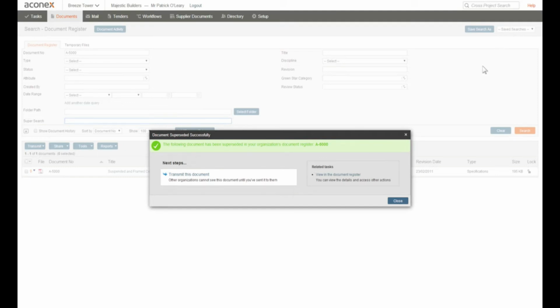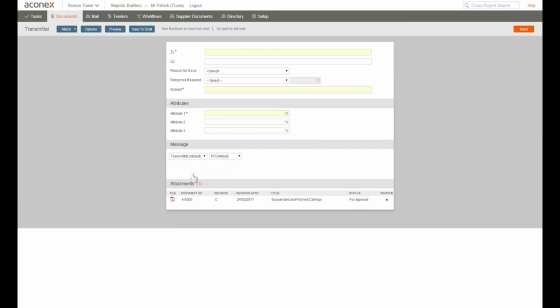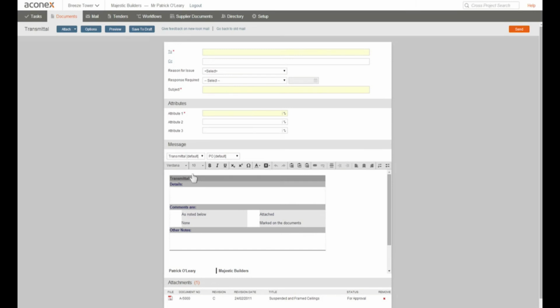Where do we go from here? Well, there's a few options. At this point, the revision can only be viewed by project members in your organization. So if you want other members to have access, you'll need to transmit the revision to them. Click this link to go directly to a pre-populated transmittals page so you can quickly make this document available to